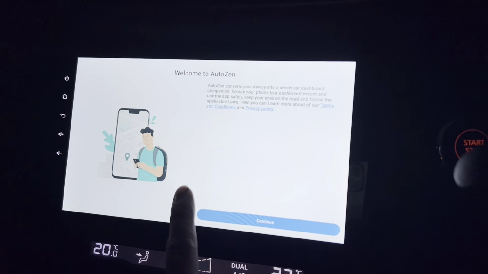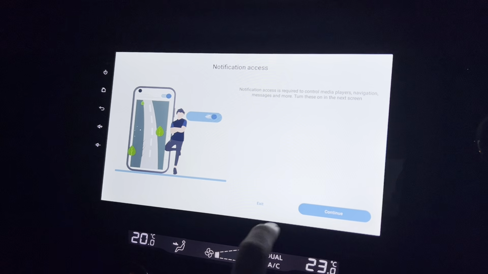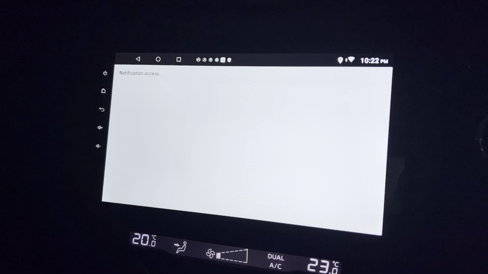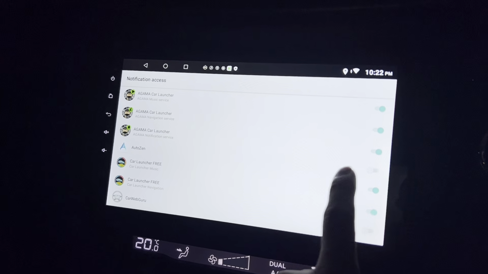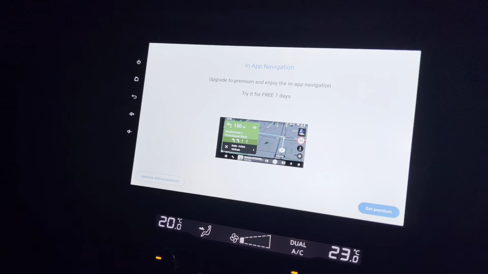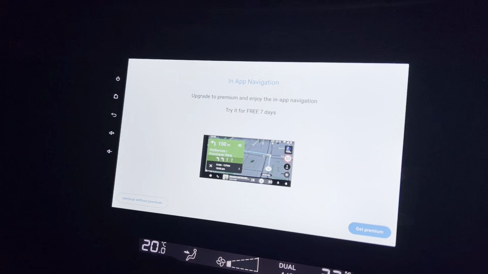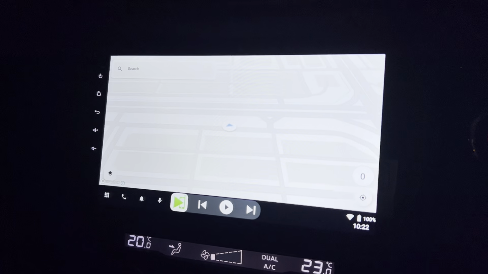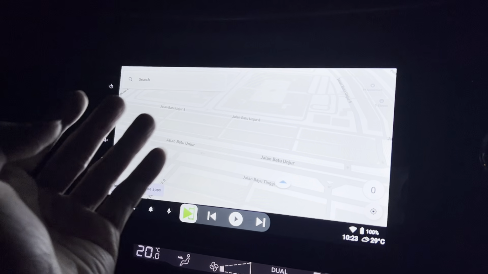And welcome to Autozen. And granted. Get the notification for access. Open for Autozen. Then next, get premium. Nope, continue without premium. And it starts this way. It shows you the map,